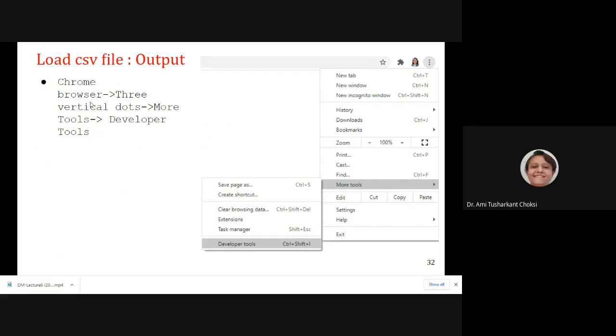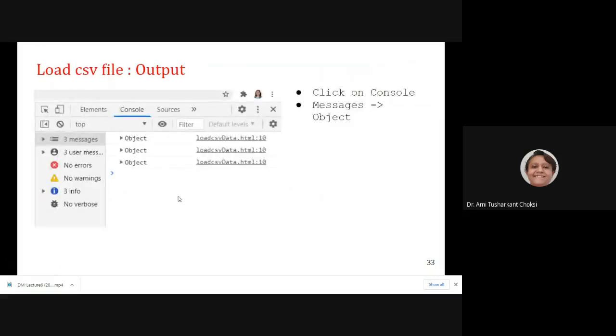In the Chrome browser, on the right hand side you'll have three vertical dots. When we click on that, we will find more tools. Click on that and we will be able to find the developer tools, right? When you click on that, we'll have something like elements, console, sources.